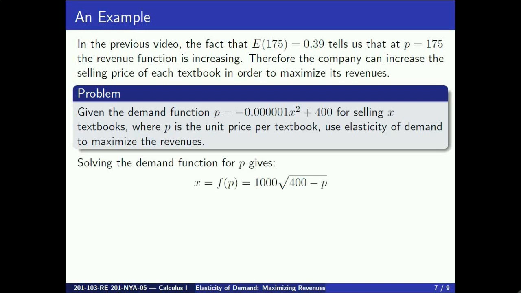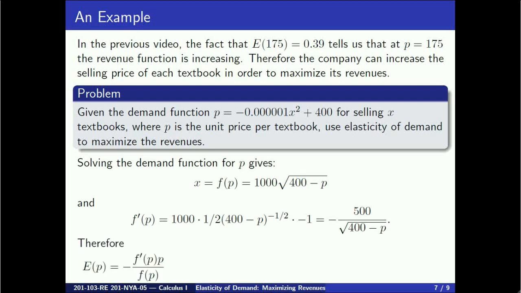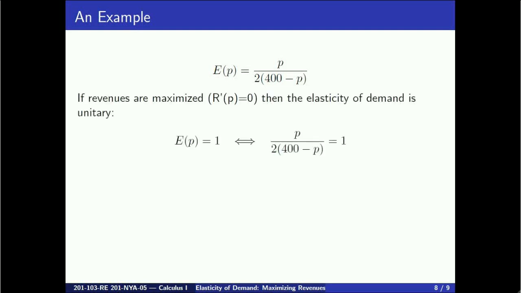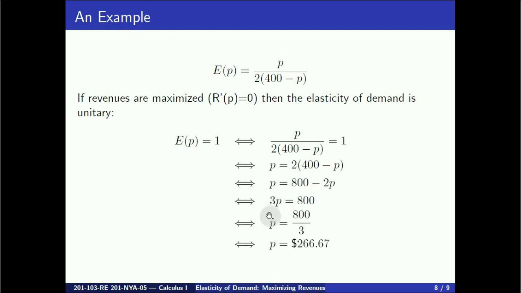Below are the different steps necessary in order to obtain the elasticity of demand. This was already done in the previous video, so we list them without comments. Therefore, E of P is equal to P over 2 times 400 minus P. When the revenues are maximized, it is equal to 1. We want to solve this equation for P in order to recover the optimal unit price. We start by multiplying on both sides by 2 times 400 minus P, then multiply the right-hand side by 2, add 2P on both sides, and finally divide by 3 to get an optimal unit price of